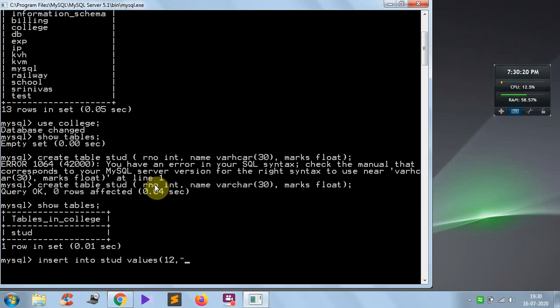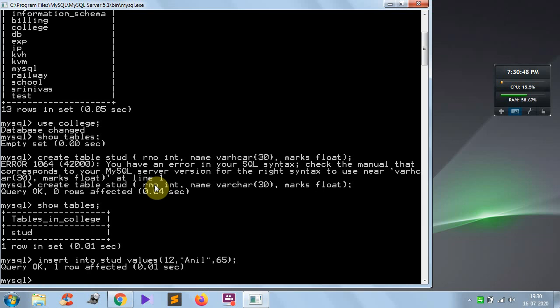Name. You have to give the input in the same order. So the name is Anil, and the last one is marks. I entered 65. Then put semicolon and enter. You have to remember that every line should end with a semicolon. Query OK, one row affected, means you have successfully inserted one row in the table.